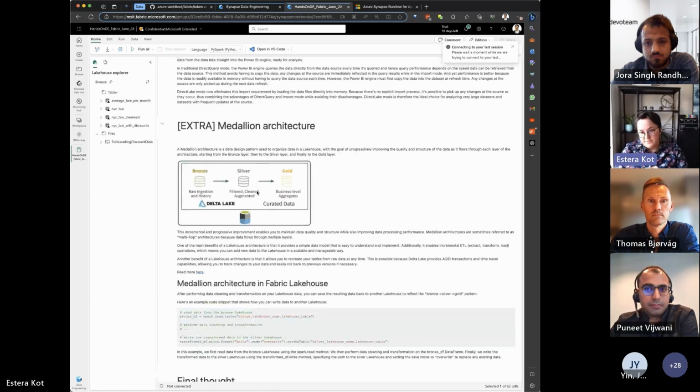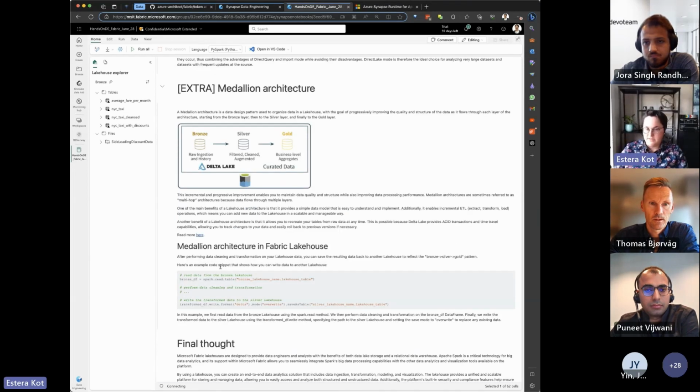Again, there is an upcoming feature named multi-part naming, for how we want to access different lakehouses by different people, different users.